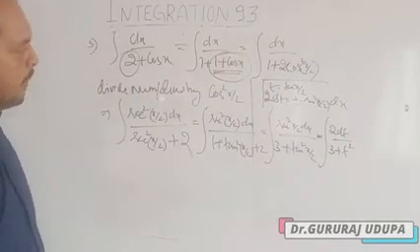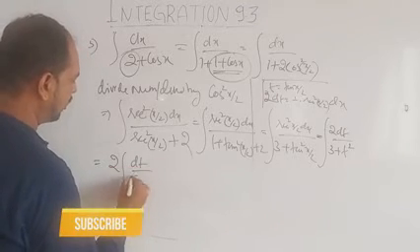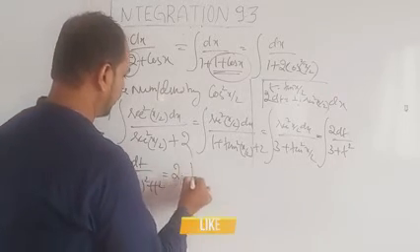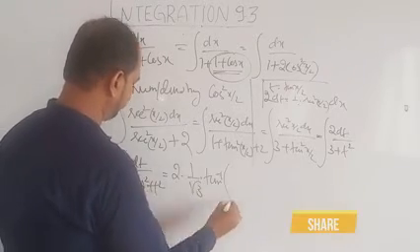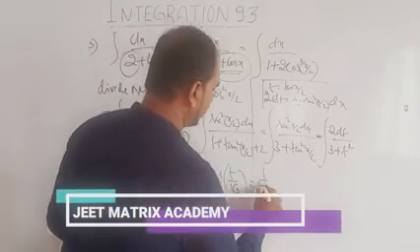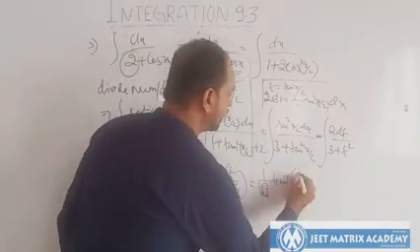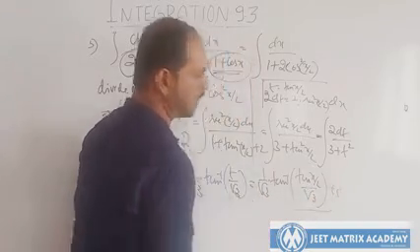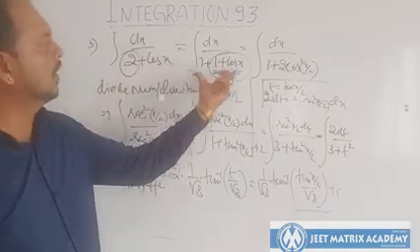Am I right? So I can take the 2 outside, integration of dt divided by root 3 whole square plus t square, that will be equal to 2 into 1 by a tan inverse of t by root 3, or 1 by root 3 into tan inverse of t is tan x by 2 by root 3 plus c, this is the final answer. So this is how you are supposed to convert the given equation into the known format.